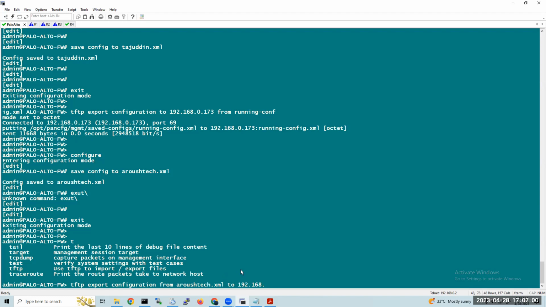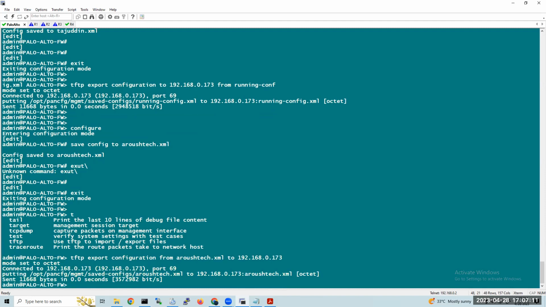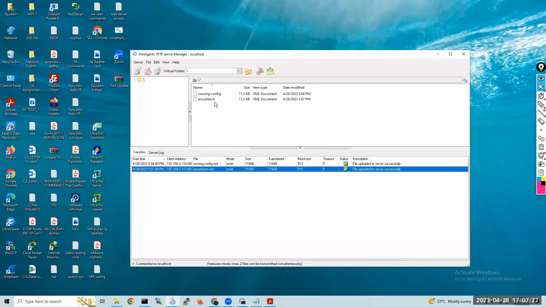What IP address must we give here, guys? Your desktop, 0.173. Got it? Because again we have taken the backup of the configuration. So let's see. Can you see here? Is it interesting, right, guys? Same thing we have to do, guys. For remote accessing, you have to do this lab.